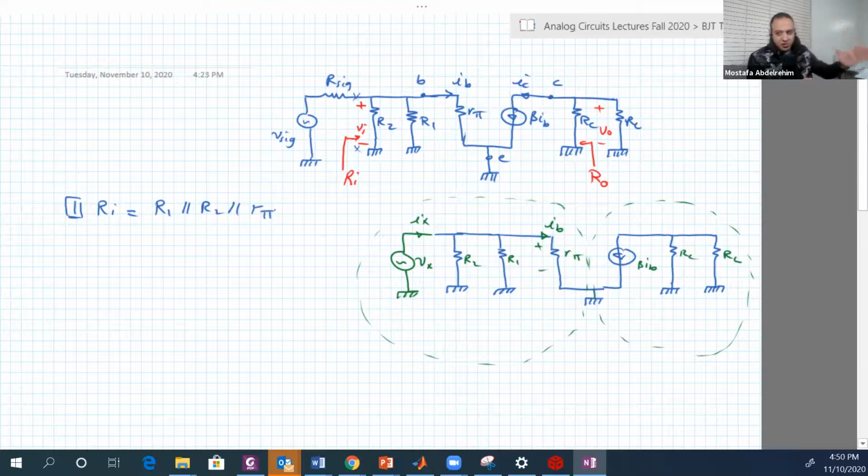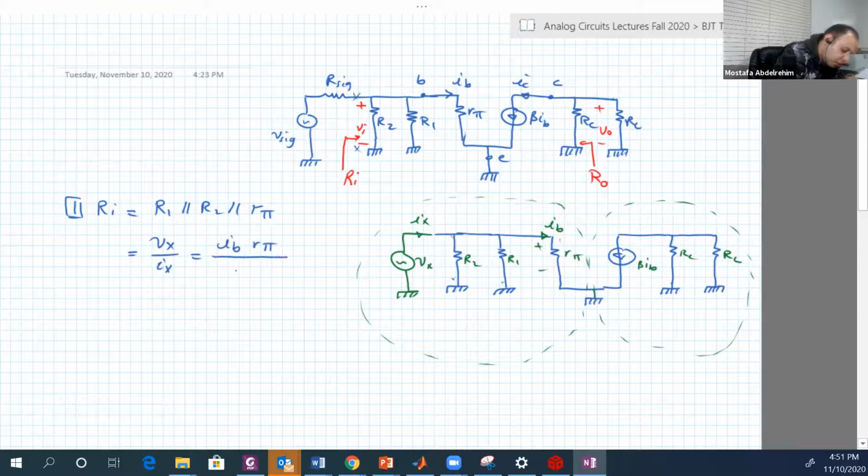If you want to go deep, that's fine. Let's do it. So we can say also it's Vx over Ix. What is Vx? Vx is the voltage across R2 or R1 or R-pi. They are all parallel, so they have the same voltage. So Vx is actually IB multiplied by R-pi. How about Ix? So IB is equal to Ix multiplied by